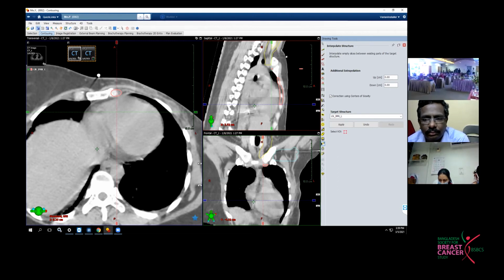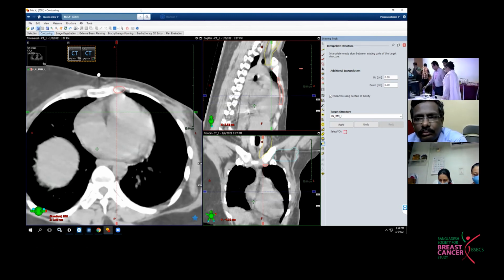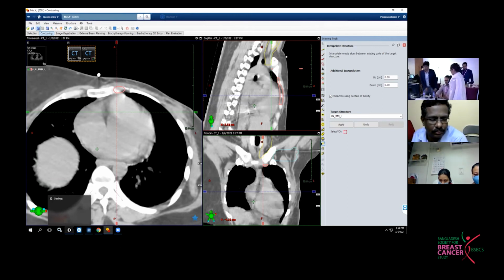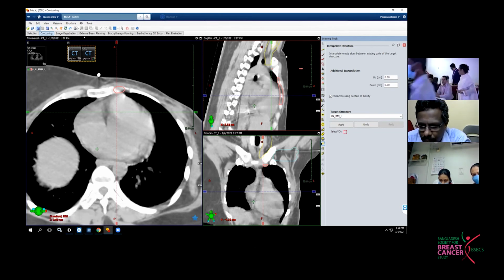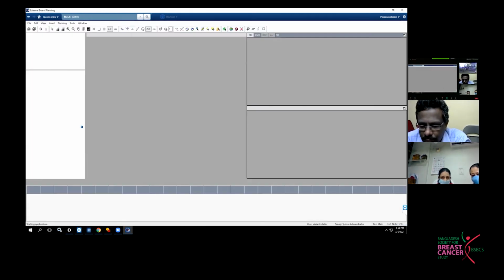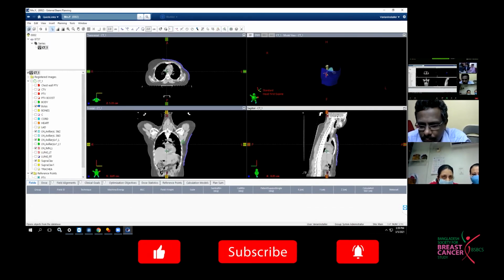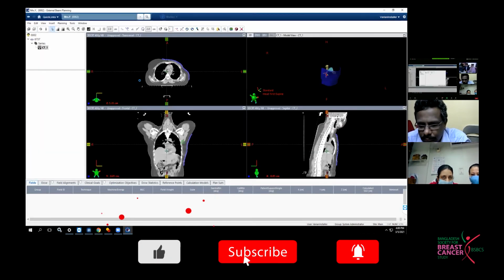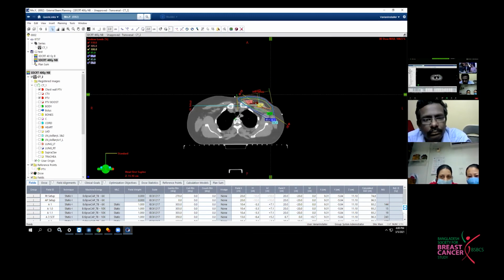Inviting our medical physicist, Shimul. We will discuss the planning, and then we'll discuss the evaluation, how we will evaluate the planning, which planning we should accept and which we should not. I think if it is possible for any of the faculty to take over by TeamViewer, there is a plan which we are uploading now, to comment on that, that will be easier. You just scroll up and down and say whether it's okay or not.